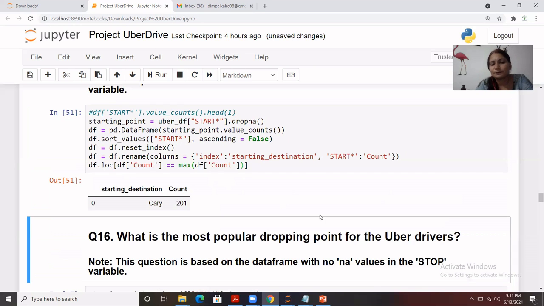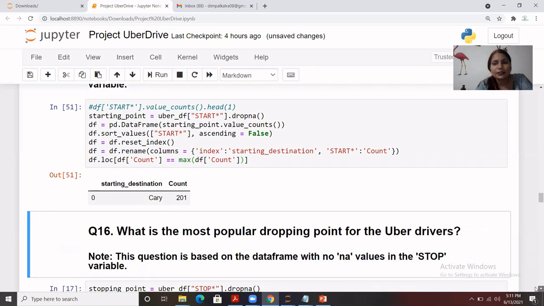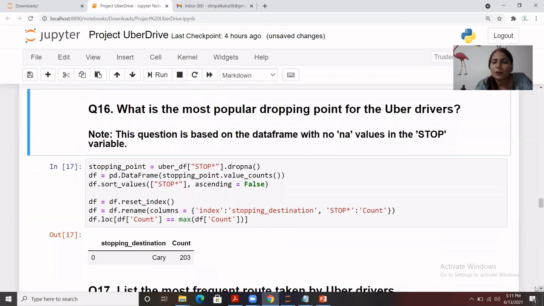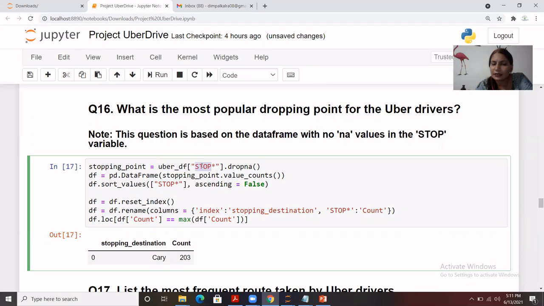The next one is, what is the most popular dropping point for the Uber drive? So basically we will be using the stop column for this, exactly the same as we did for start. We put dropna on this data frame and selected this column.